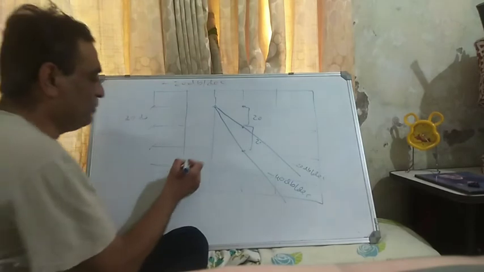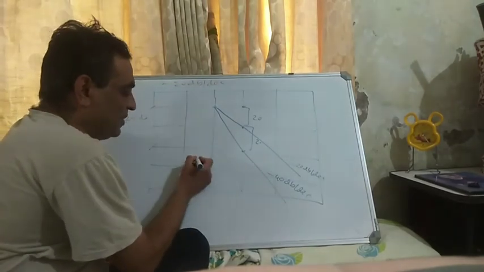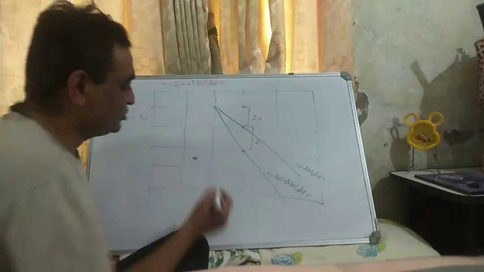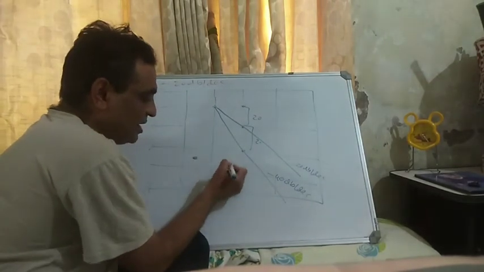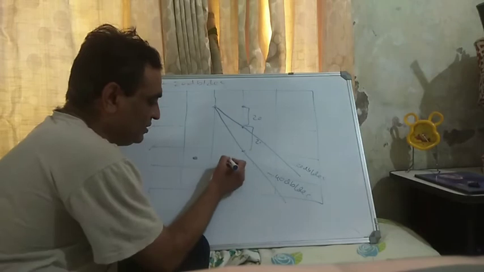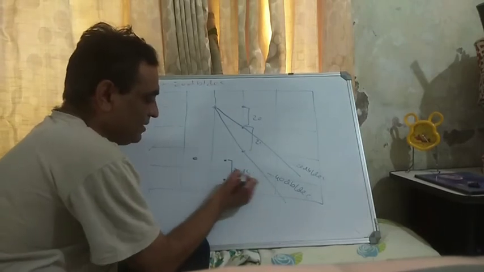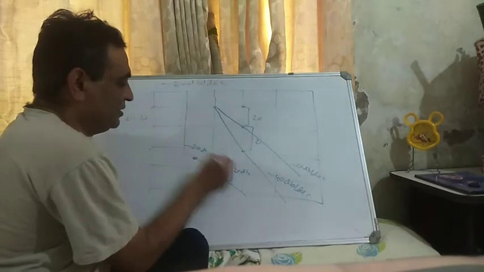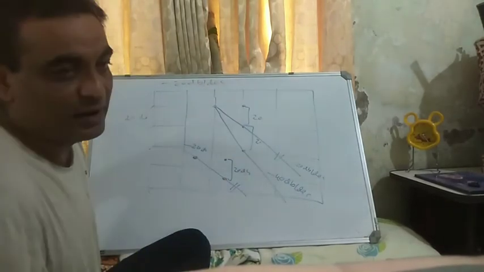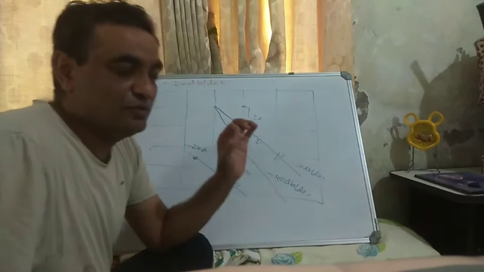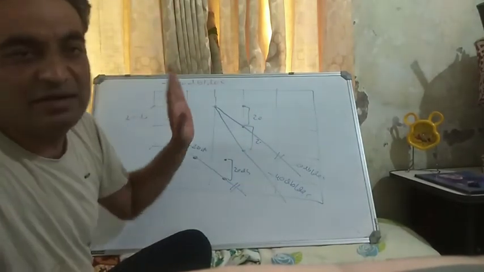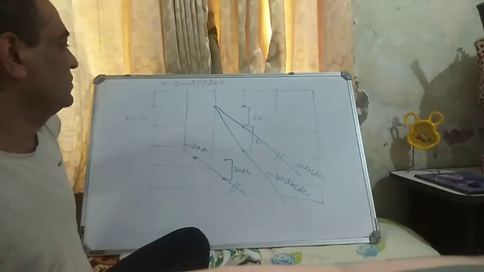Okay, let's say I want to draw a line passing from this whose slope is minus 20 dB per decade. So I will go 1 decade here. I will then go from here to here, this is 20 dB, and I will join these 2 points. This is also minus 20 dB per decade. This line and this line, they would be parallel. Any 2 lines whose slope is the same in the entire graph, they are parallel lines.